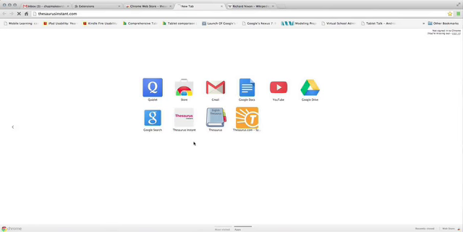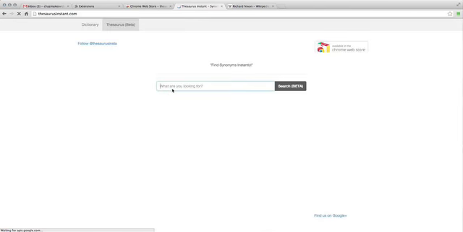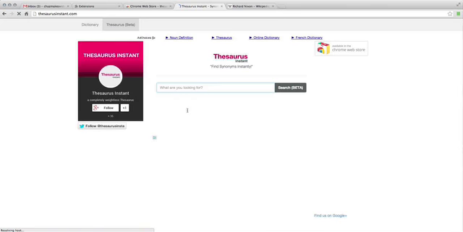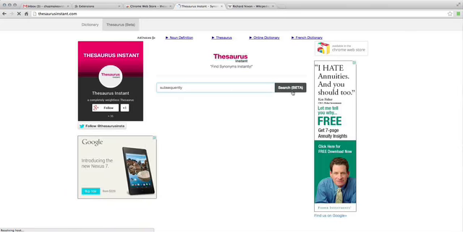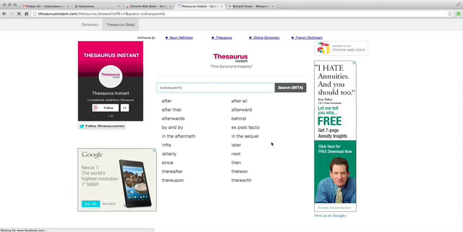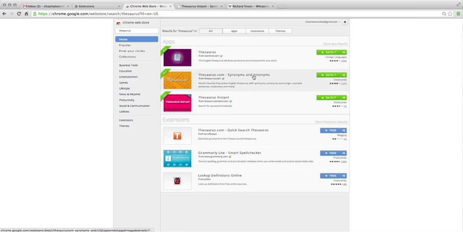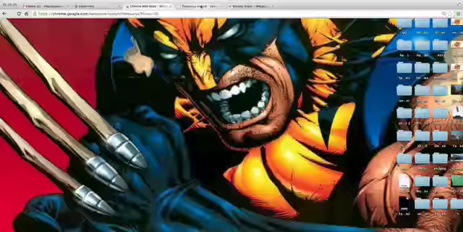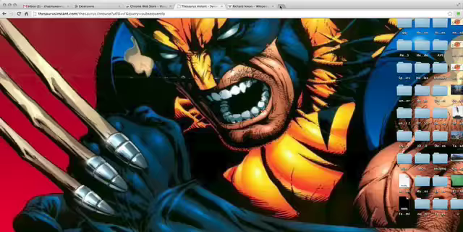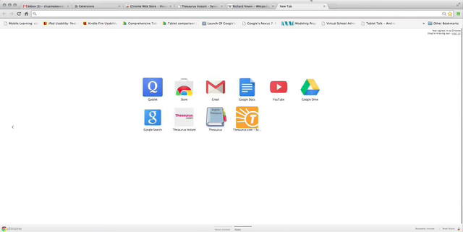So let's try Thesaurus Instant first. And let's paste the word in there. And let's search. And there we have some words that are just like subsequently. Let's try another one and see if we like it a little bit better or we don't like it. So the next one we're going to try, and we'll open in a new tab here, because every time you open a new tab, it's going to